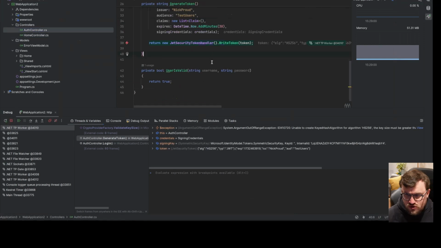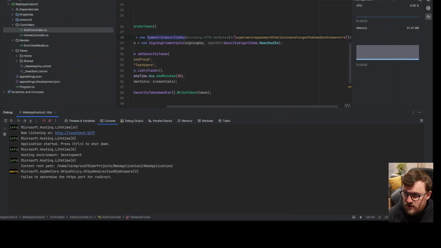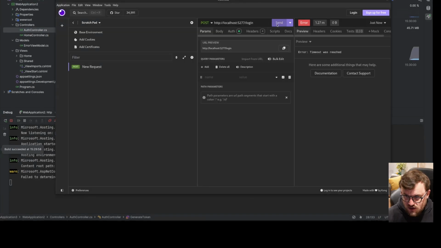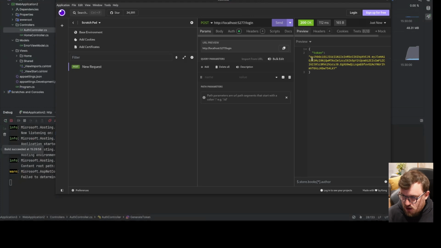in auth controller. So I'm just going to stop this, debug it. So now that we've got a longer key, hopefully we won't have that issue again. So let's try this one again. And there we go. So you can see here, we've got a token that has been returned